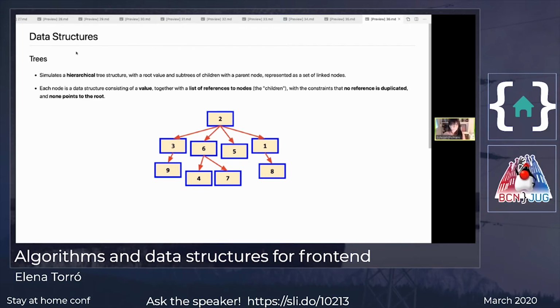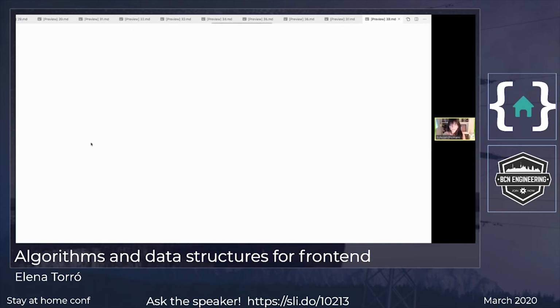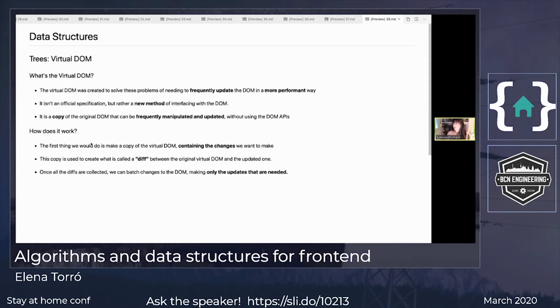And the very basic example that we have is the document object model, which is the tree that represents the model of your HTML page, and it offers an API to manipulate this object. However, manipulating this object, I mean, pages have a lot of items, and when dealing with single page applications, those operations are really heavy. So in order to solve the problem of manipulating the DOM very often,